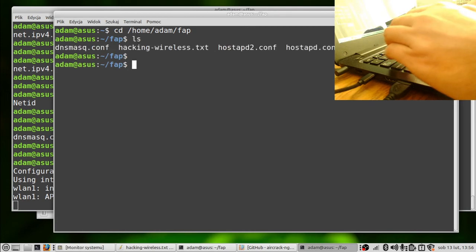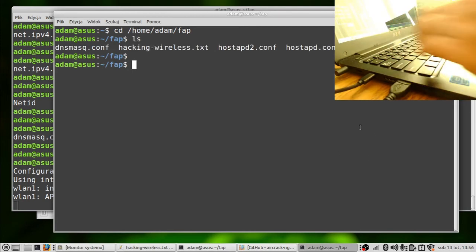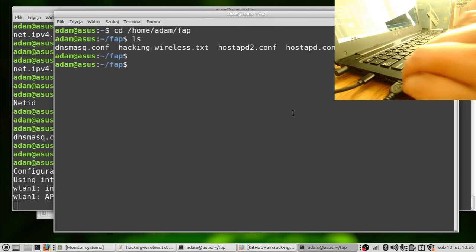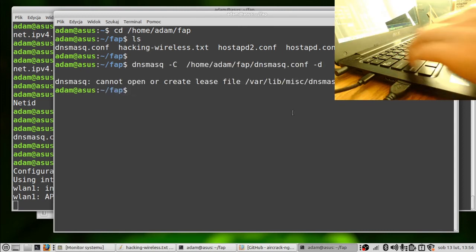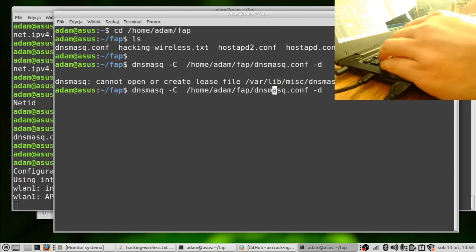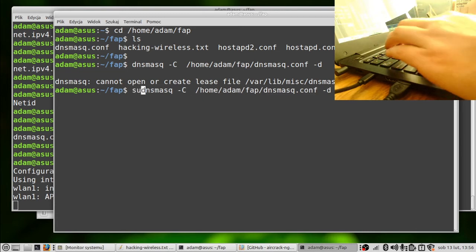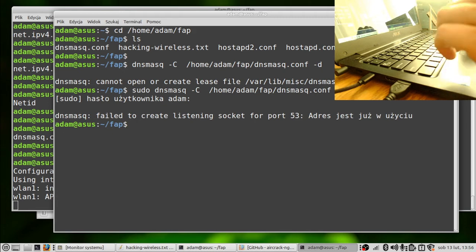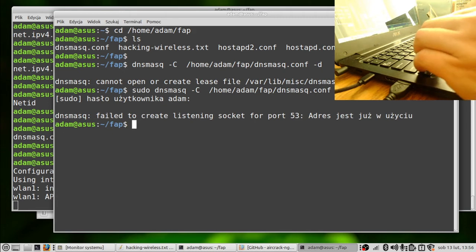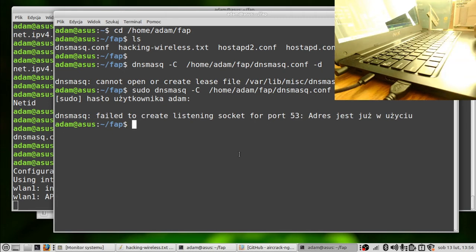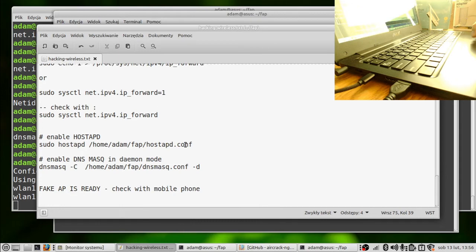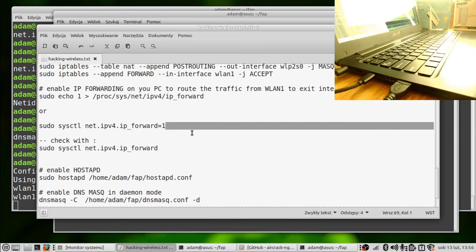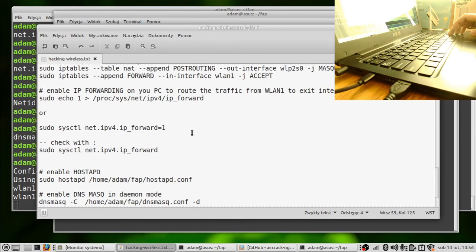Okay. Now we do the DNS masquerade command. Yeah, you need to run it as root probably. Yeah, as I told you, if you won't hurry, it will launch once again the DNS client.